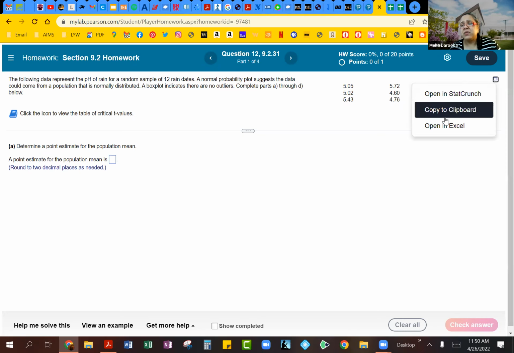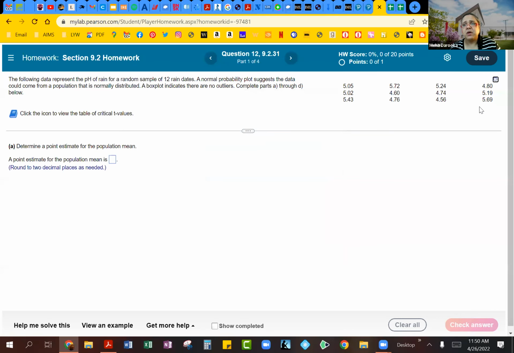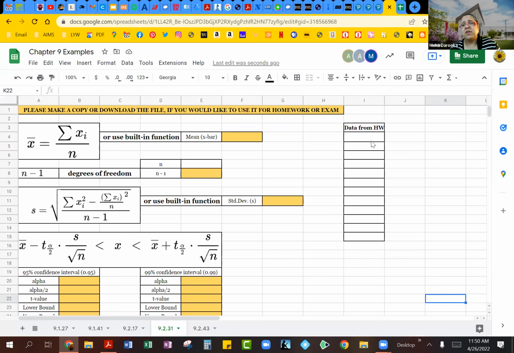So the first thing I'm going to do is copy this data. Let me just show you what I'm doing. I go under this little copy tab over here, click on that, and I'm copying it to clipboard since I'm doing this in Google Sheets. So copy to clipboard, and then I do have to press Control-C on my keyboard to copy this data over. It's already selected. All I have to do is press Control-C, and then I'll come over here to my little data box and paste it by using Control-V. So Control-C for copy, Control-V for pasting.